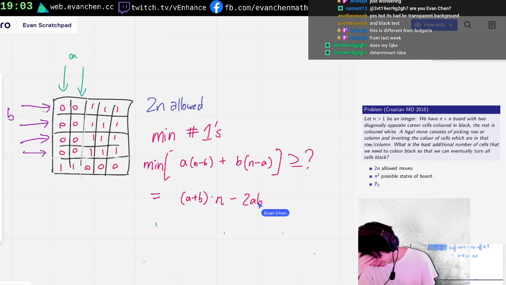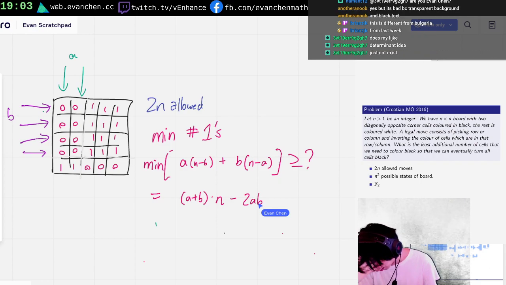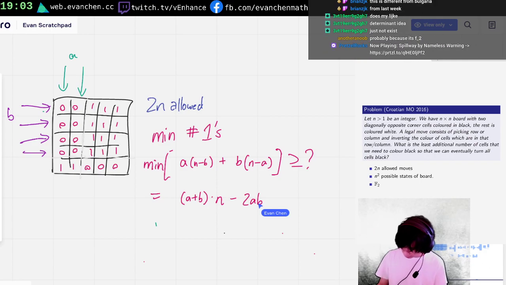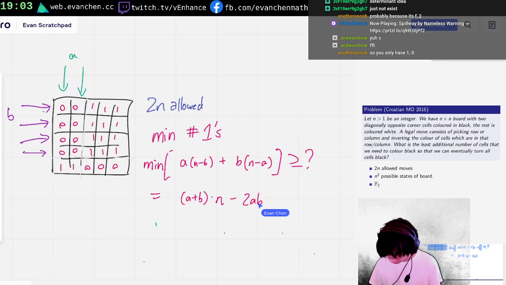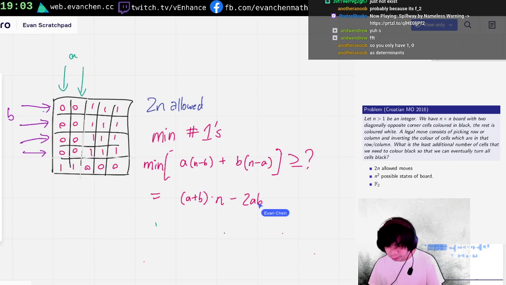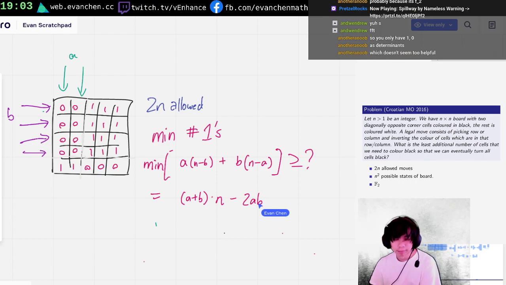Guys, help me minimize this. I feel like I should just be able to do it, but I don't actually know what the minimum is off the top of my head. I want to say it's at least n minus 2. Although, in that case, A equals B equals 1, so it doesn't work anyways. Well, actually, n squared minus...